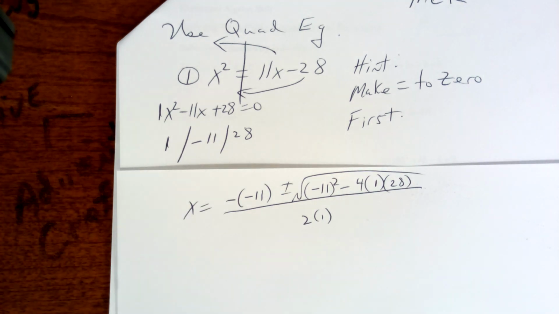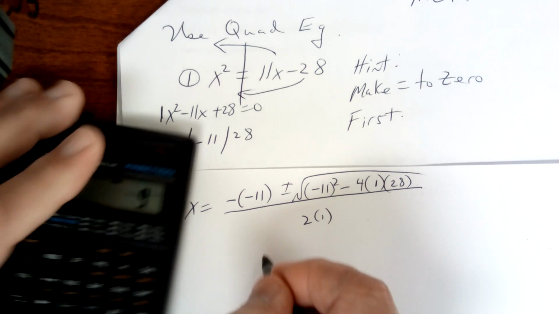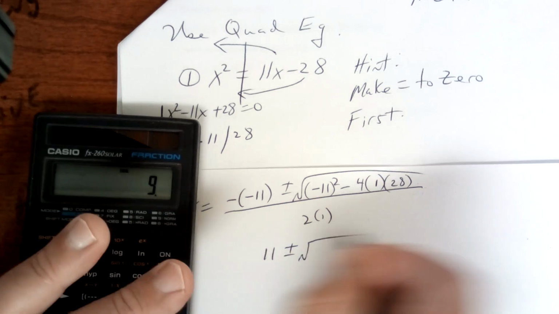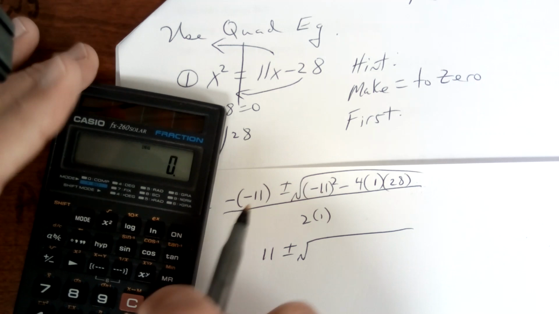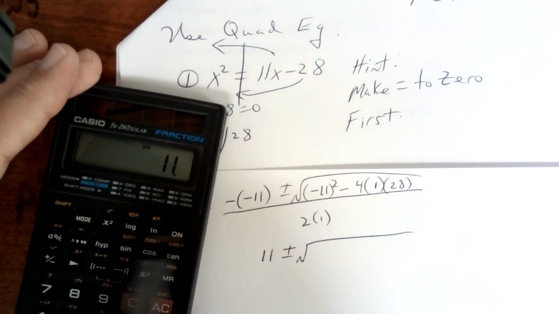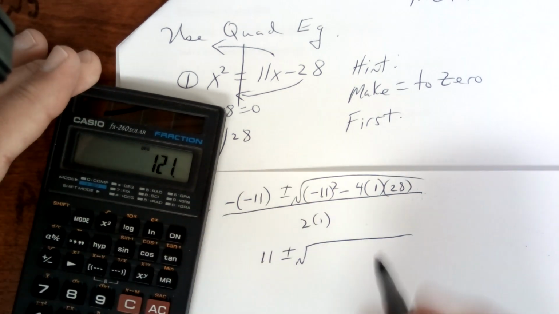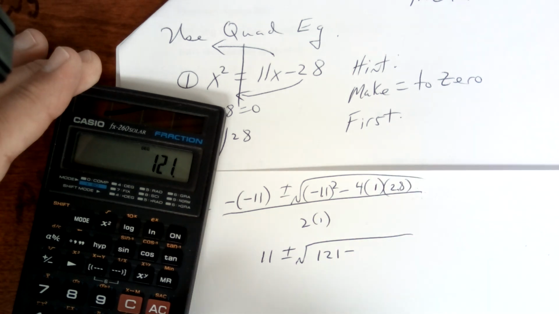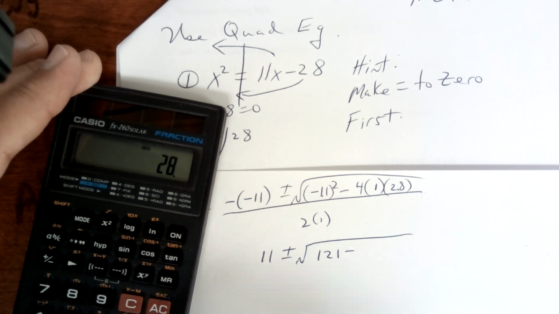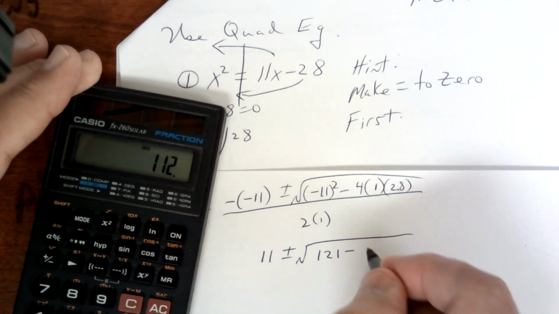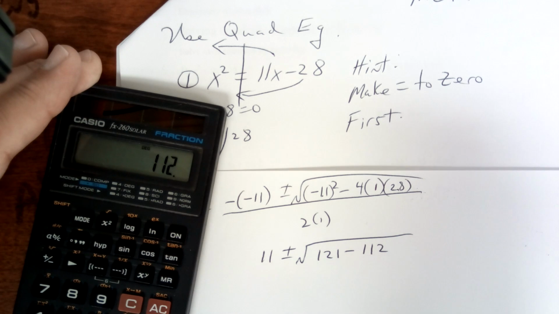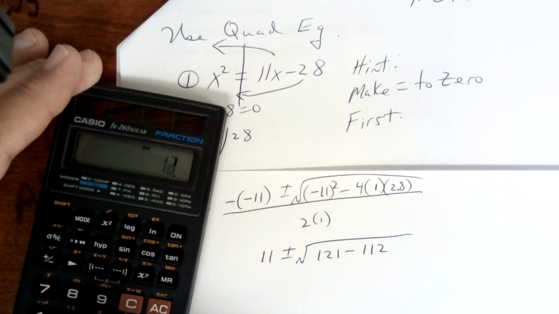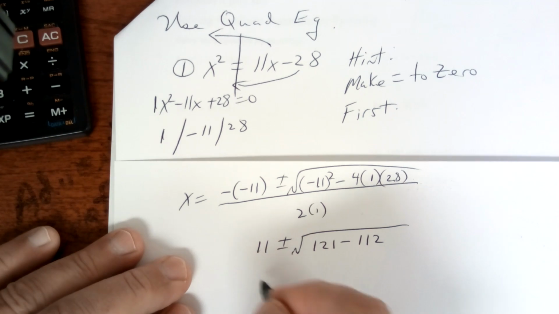So let's take a look here. This becomes a positive 11. I think 11 times 11 is 121. Let's just make sure. And it is. So put 121 minus 4 times 28. So clear that out. 4 times 28. And that's going to give me 112. We're going to subtract these, so minus 121, press equals. I get 9. You're going to make that a positive, so it's going to be 11 plus or minus 9,